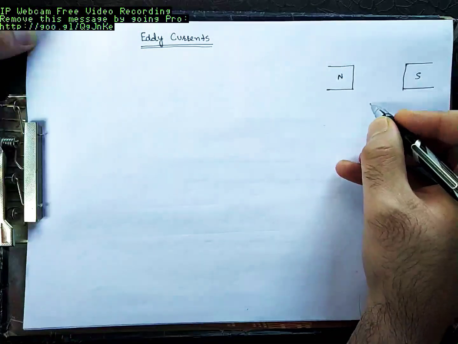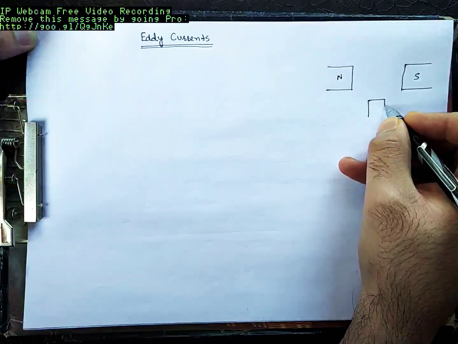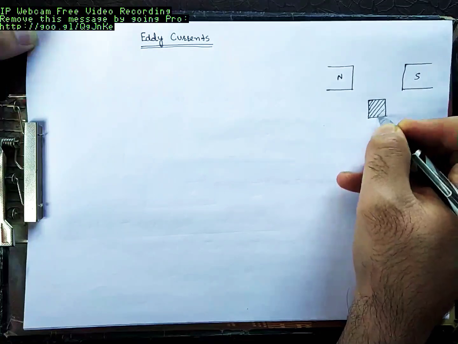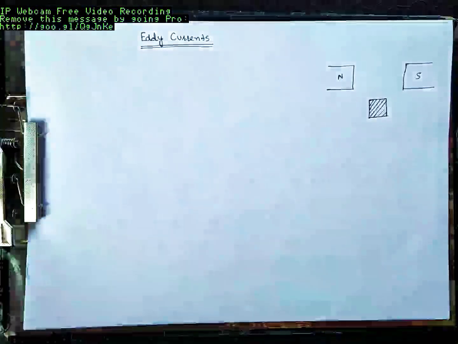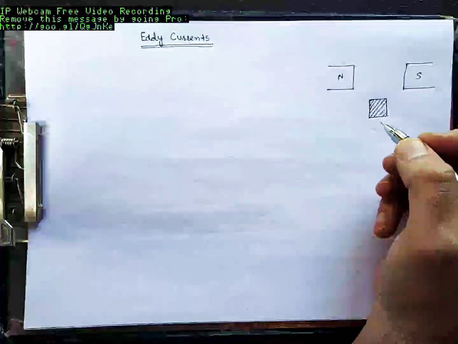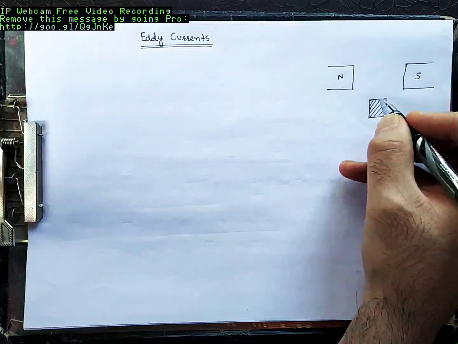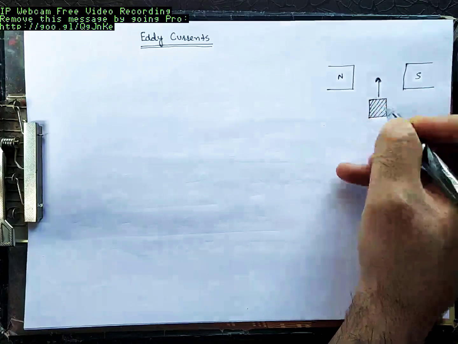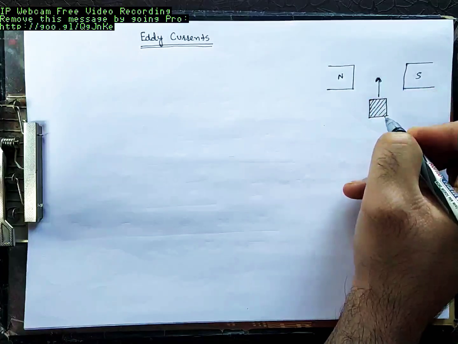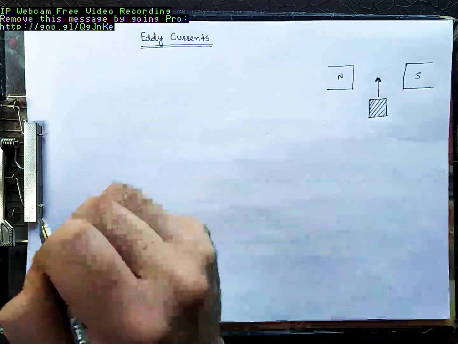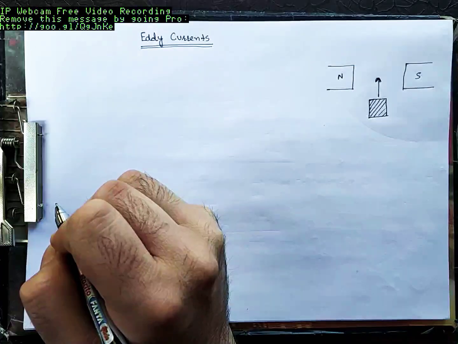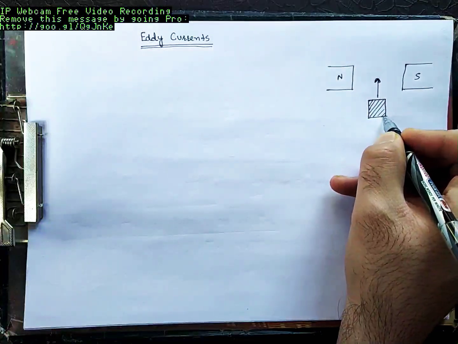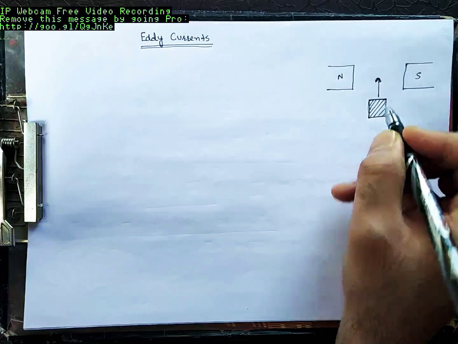And I have a solid conductor. This is not a loop this time. I have a solid conductor. Say a sheet of conductor, a plain metallic conducting sheet. And I am bringing this conductor back and forth to this magnetic field. I am pushing it into the magnetic field, pulling it back, pushing it into the magnetic field, pulling it back. Isn't the flux linked with this flat sheet of conductor changing?